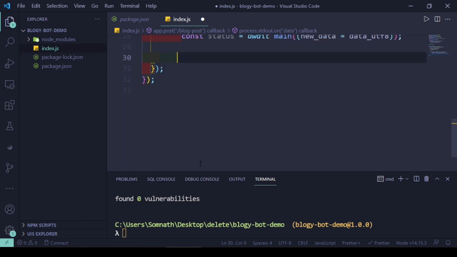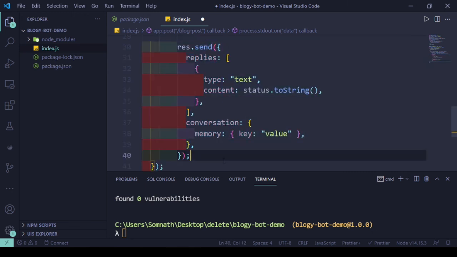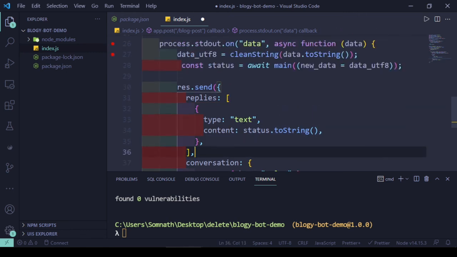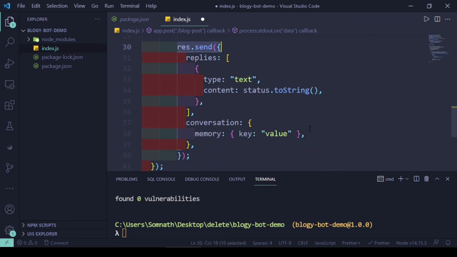The SAP chatbot needs a specific response format, where I'll pass that status in string format, ensure it's a string, and the type is text, and it will return the information to the SAP chatbot. So now let's create the main function.